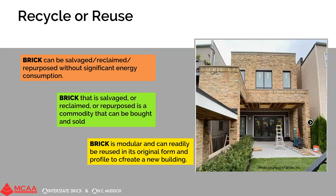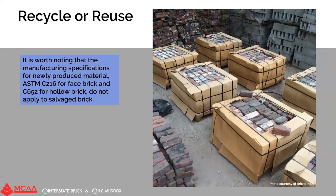And here is a residence that used salvaged or recycled or reclaimed brick for their exterior wall system. No additional large amounts of energy are needed to use this brick because it was already manufactured years and years ago. And resalvaged, recycled, repurposed brick obviously is not required to meet the new manufacturing requirements for manufactured brick,